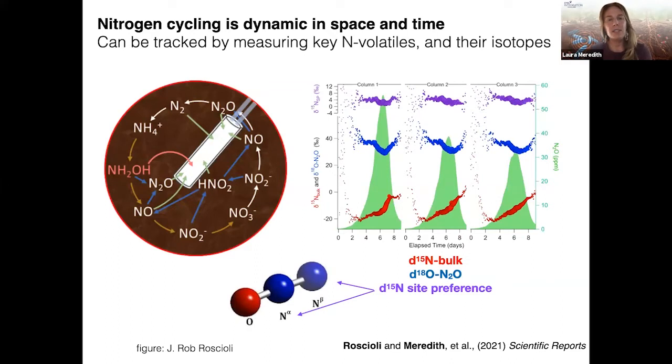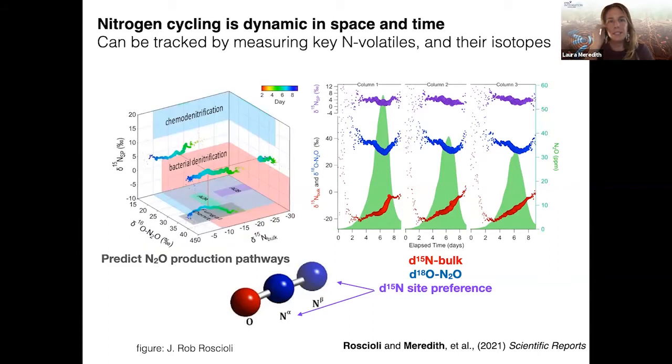And we also integrated isotope analyzers for nitrous oxide with this method. And what we found is that subsurface, we have these great pulses of nitrous oxide in response to wetting and nitrogen addition. We can also watch the shifts in isotopic characteristics of this nitrous oxide over time, including the preference for the heavy nitrogen to be on the inner versus the outer nitrogen position. And that site preference is really exciting, because using that measurement in coordination with these other